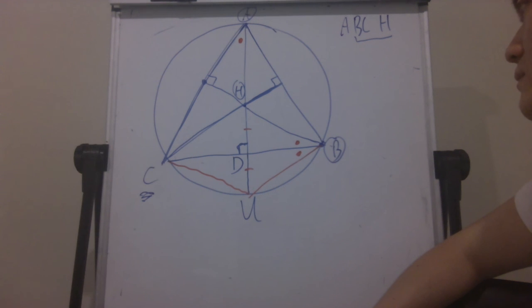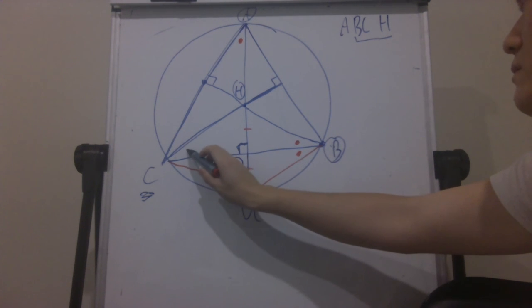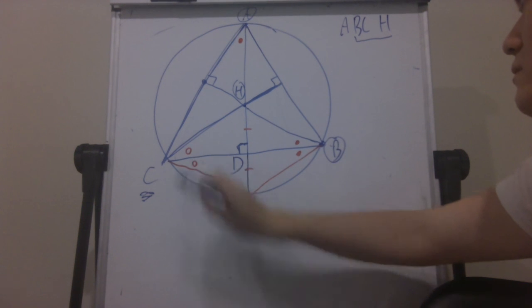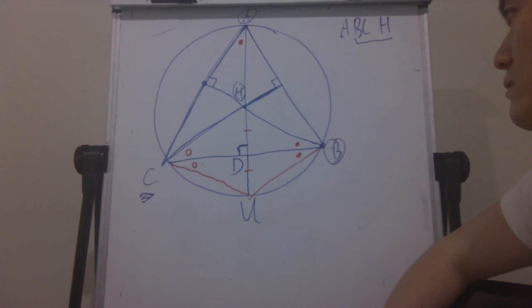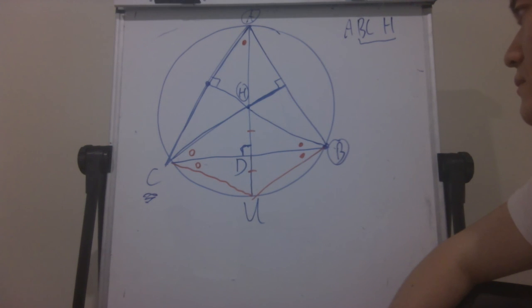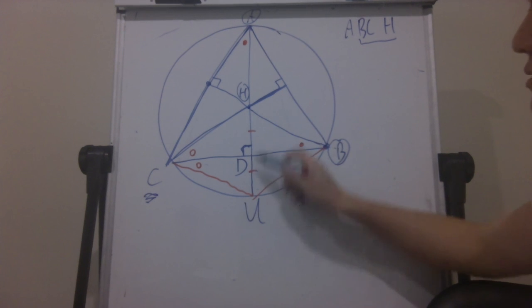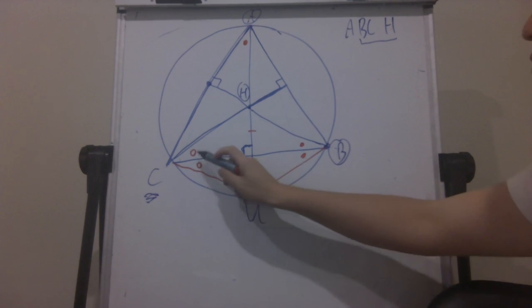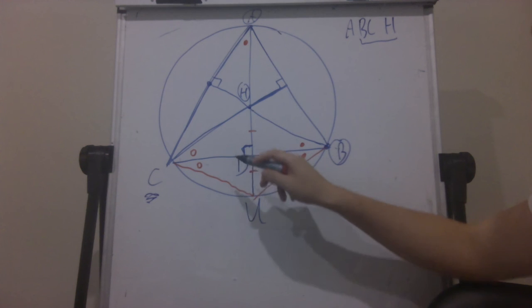Wait, so you construct CU and BU, right? And then your pivot's congruent by AS. Is it congruent? Yeah, it's right there. It is AS. Oh, it's congruent, I get it now. Yeah, I guess this is an interesting lemma on its own. If you do the two angles, then with this common side you have the AS.